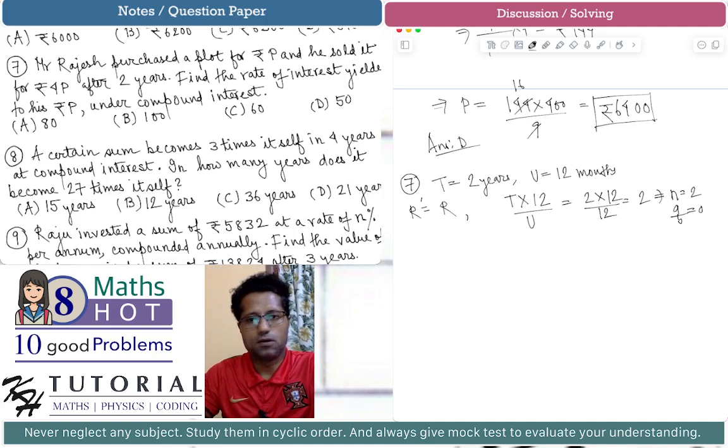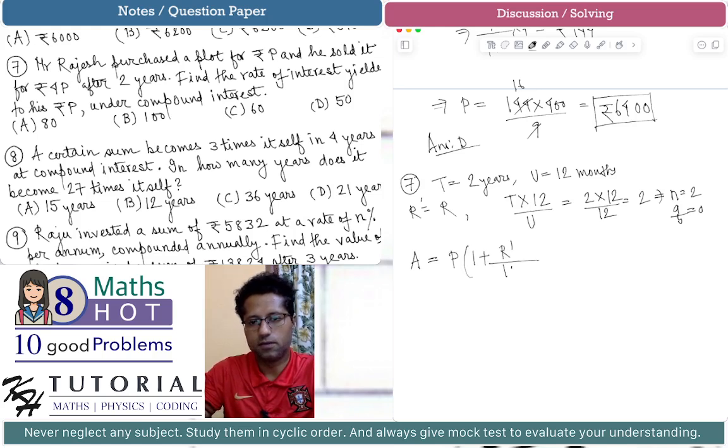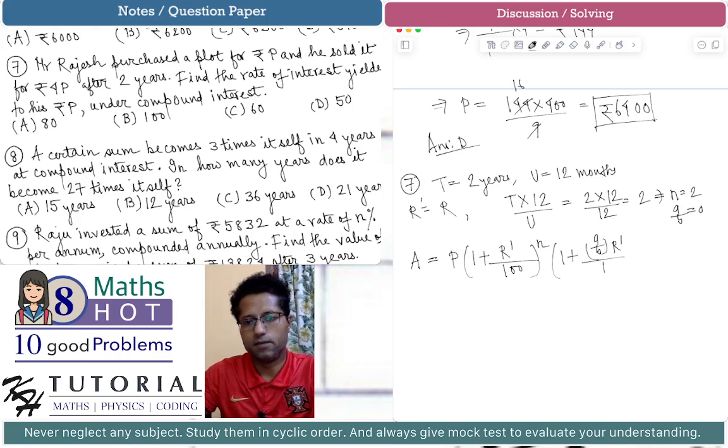And we can see that the principal was rupees P and the amount was rupees 4P. So the general formula is amount is equal to P multiplied by (1 + R'/100) to the power small n, and (1 + (a/b) R'/100). Now in this problem,